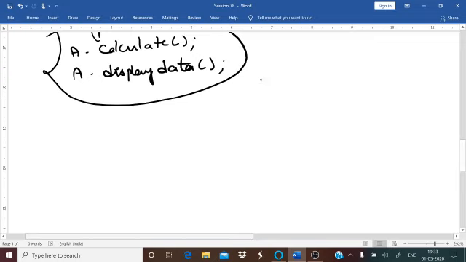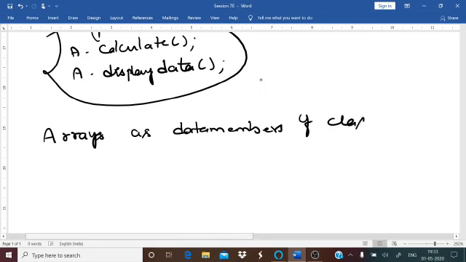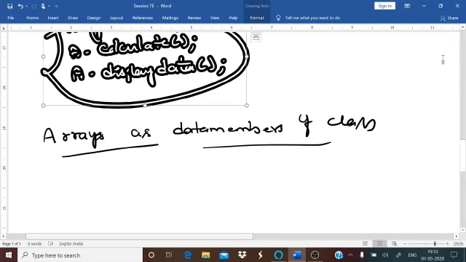And the next part in this is arrays as data members of a class. In the previous example, we found the area of only one particular circle, giving one radius. Now there are many such things.